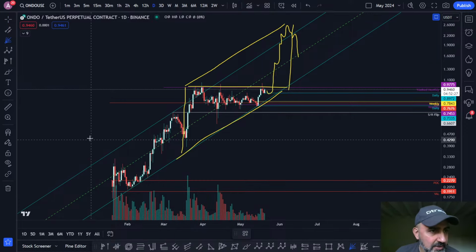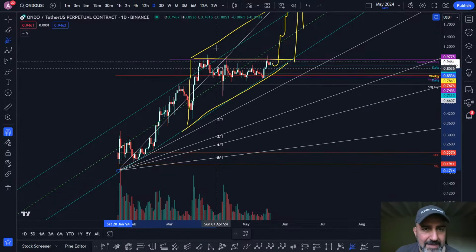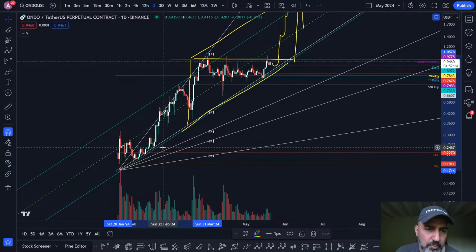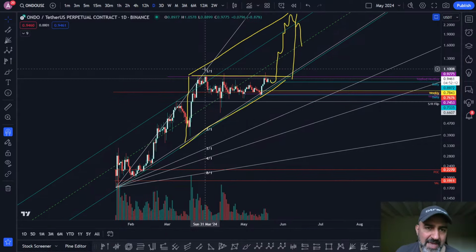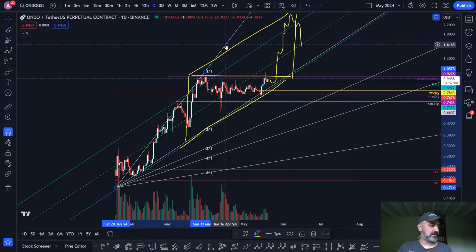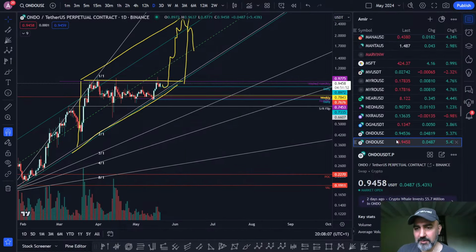Sometimes Gann fans are quite useful, so let me have a look at that. I don't know how far back this data goes. There you go, it's got a nice little Gann. The 2-1 is from that pivot. The 2-1 is actually acting as support, which is basically this channel line. You see that? So this is all kind of measured. It's quite nice to see. All right. I hope that helps. I think it does. It helped me. And actually what I can do now is I